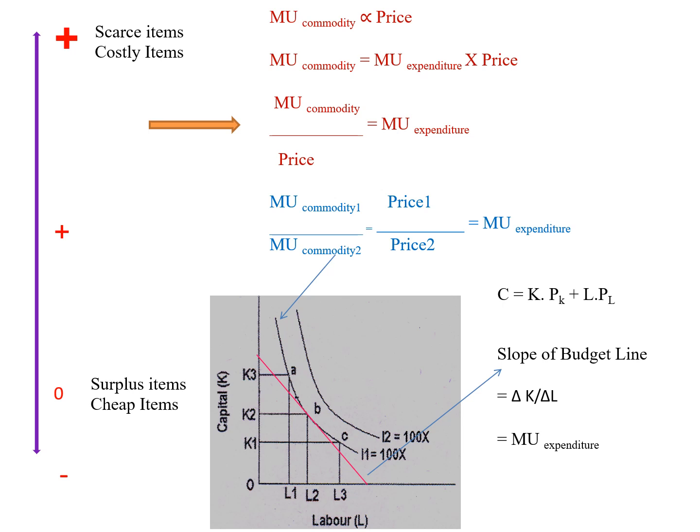Suppose anyone asks what we will draw from this type of equation. We draw that marginal utility of commodity 1 equals marginal utility of commodity 2 equals price of 1 divided by price of 2 equals delta K by delta L equals marginal utility of the expenditure. The question arises, why will we not stick to only one equation?